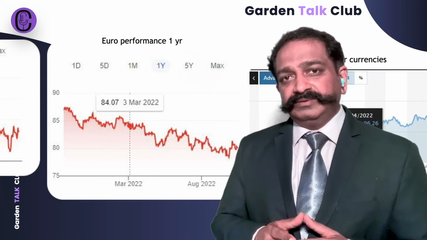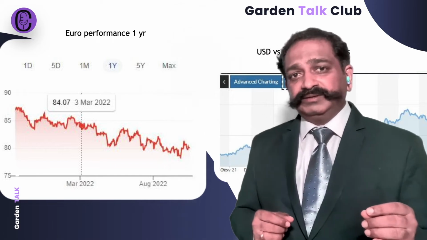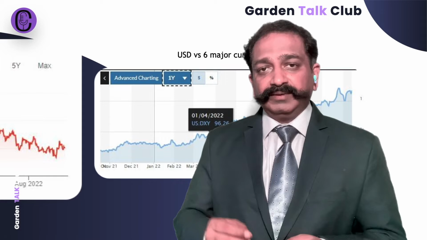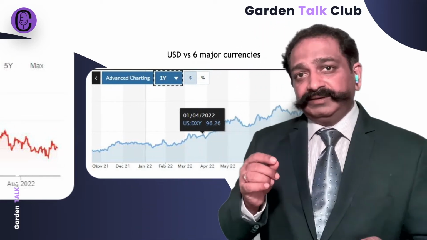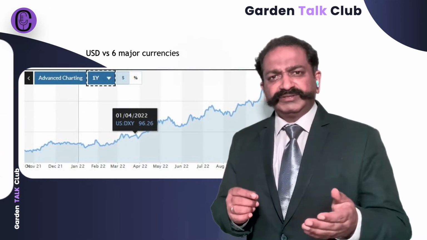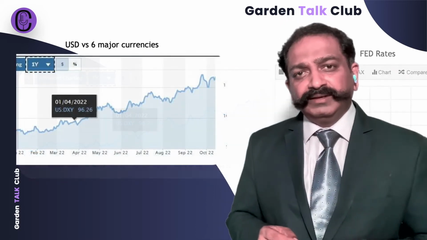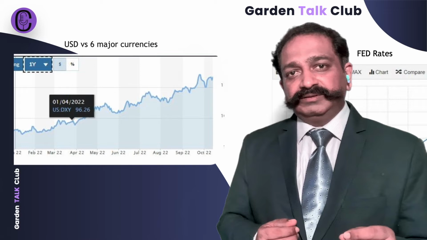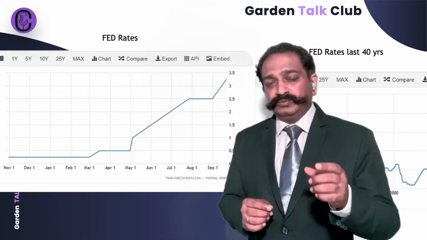Let's check rupee versus pound. Last year 104, this year 92. So in the last one year, the rupee has strengthened against GBP. Let's check against the euro. Euro was 88 last year. Today it's 82. So our rupee has strengthened against the euro also. Let's check the yen. Last year it was 0.65, this year 0.55. So the rupee has strengthened against the yen also. What more? In the last one year, the rupee has weakened against the dollar, but strengthened against all other major currencies. It gives an indication that the rupee is not falling.